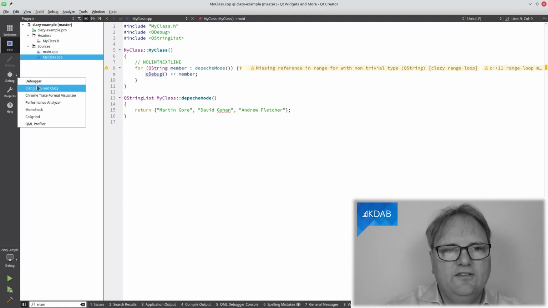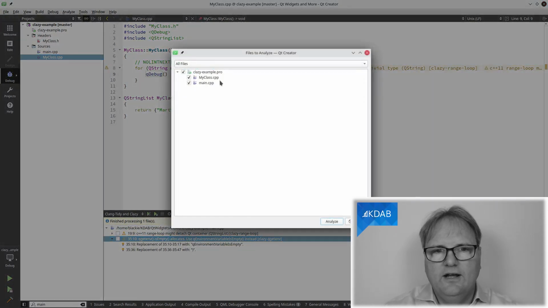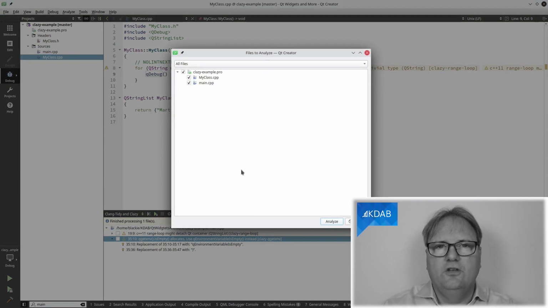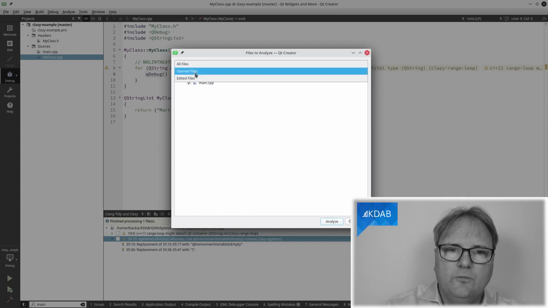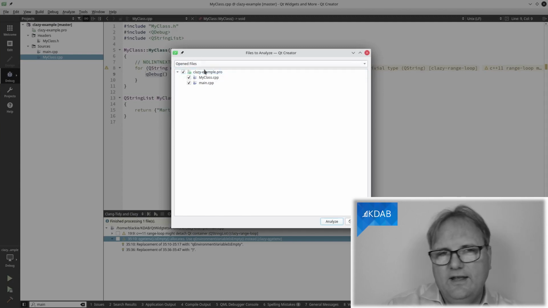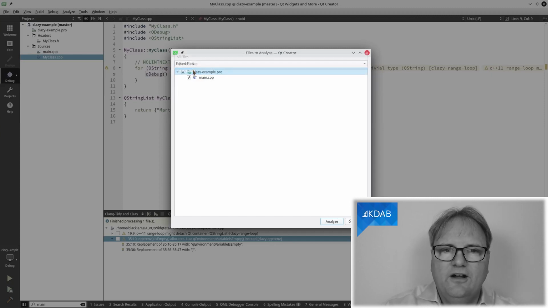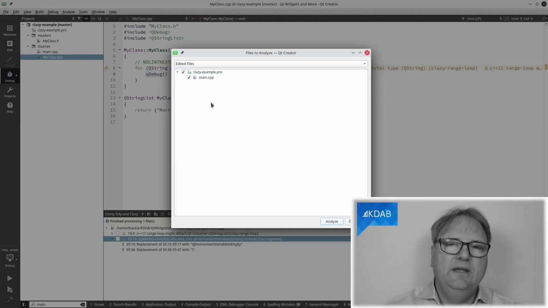There we are. Let's try and see ClangTidy and Clazy in action on our whole project. So what we do, instead of pressing this button, I'll press this button and it will ask me which file do you want to run on. If I had lots of subdirectories, I could specify some of them. Or, and this is a really awesome one, on the edited file. So I just, for some reason, edited main.cpp.